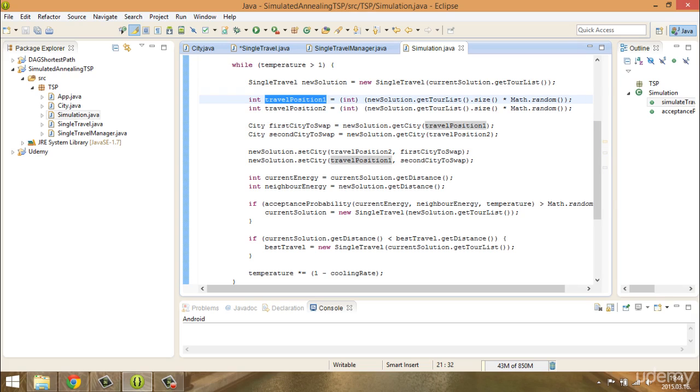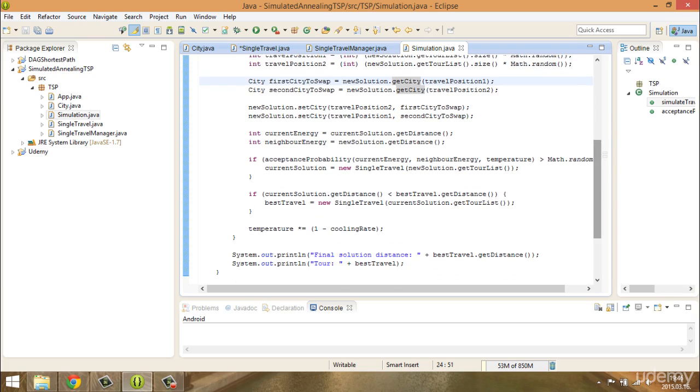This is the travel position 1. We keep using the mass.random to choose the tours and the travels randomly, and get the cities at selected positions in the tour. So we keep getting the cities here with the getCity method, of course, and we keep swapping them. So we keep calculating the energy, of course,